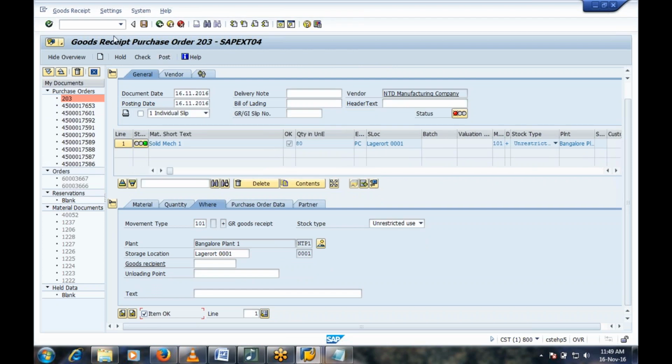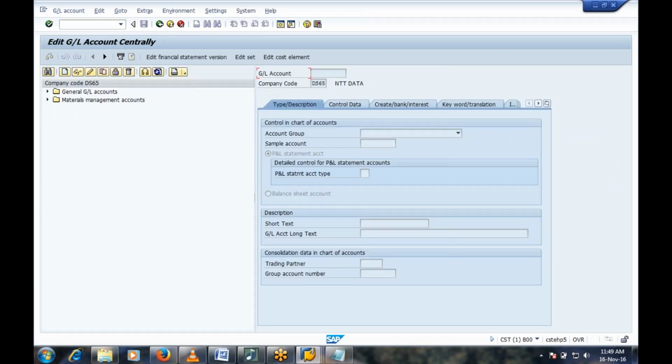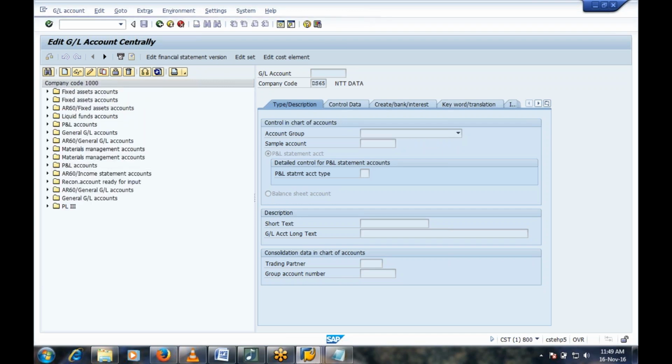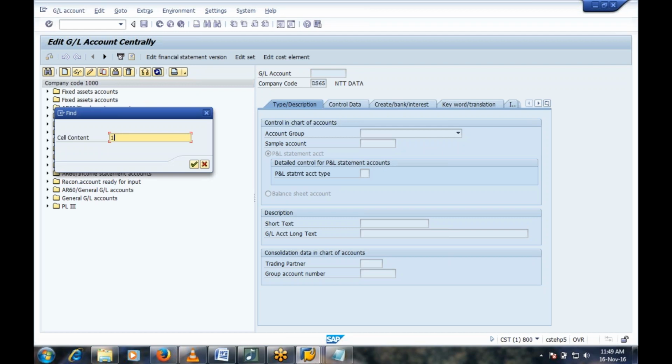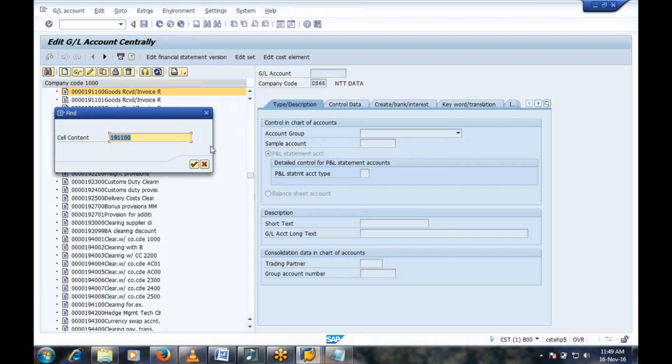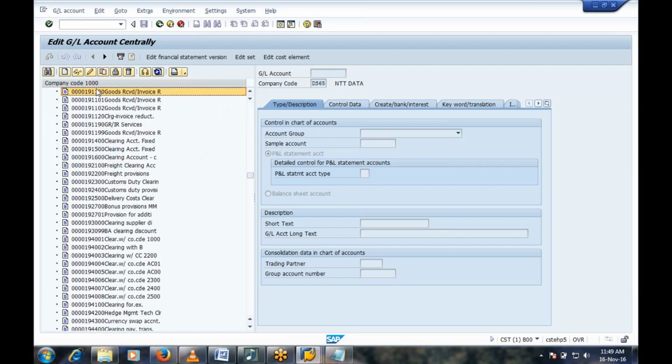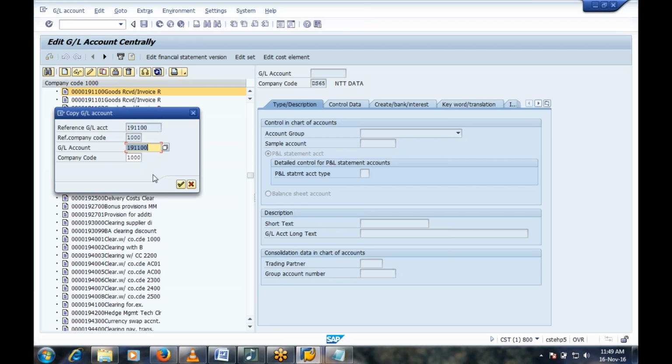Now 191100, the GL account. FS00, company code 1000, 191100. We have done 191000. 191100, copy, and DS65.